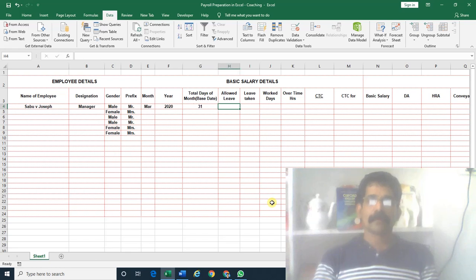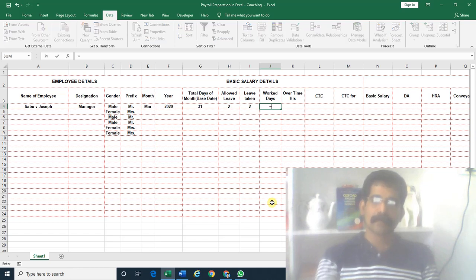That is management. And how much leave is allowed to the employee in a month? Casual leave, 2 leave. How much leave has he taken? 2 leave. Then what are the work days?